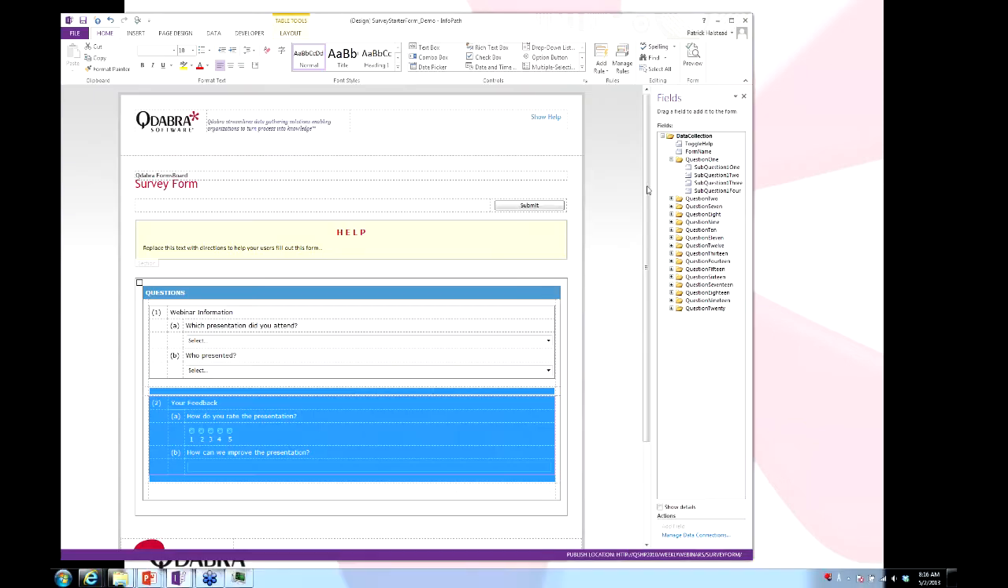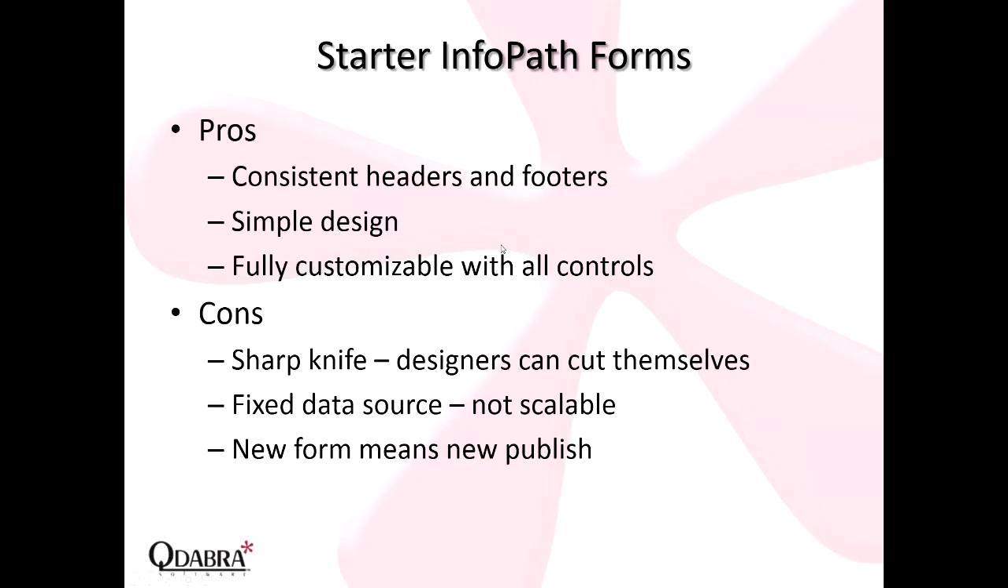If you look at the data source on the right here, you can see that we've got folders for different questions, but there's a fixed number of questions here. In fact, I've deleted some, but it started off with 20, and you can delete the ones you don't use, but the idea here is that it's a fixed number. It's not a variable number of questions. And every time I create a new form, I have to republish it, which isn't a huge burden, but anyway,